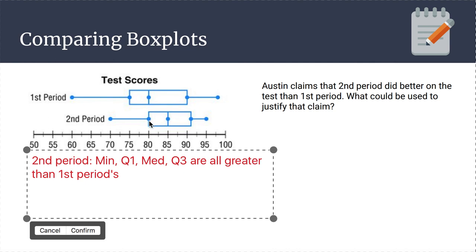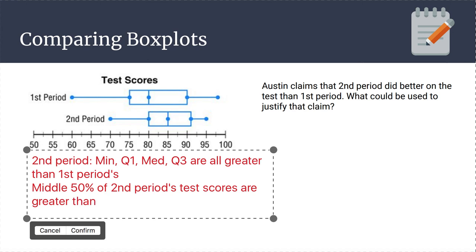It looks like the middle 50% of second period's data, middle 50% of second period's test scores are greater than or equal to the